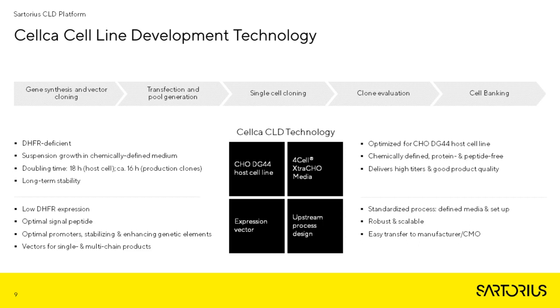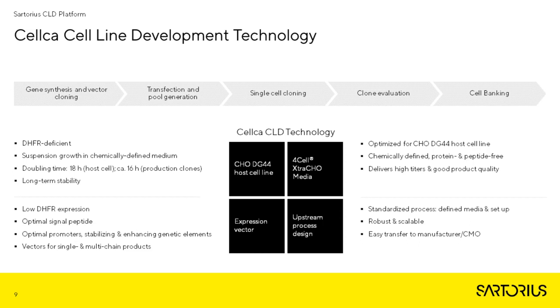And in Sartorius, we believe that an efficient cell line development platform relies on 4 major pillars: the host cell line itself, so CHO DG44, our host cell line, the media, the upstream process design, and also the expression vector. So with Sartorius, our clients have a very reliable CHO DG44 host cell line. So it, as we all know, is DHFR deficient. It is adapted to suspension growth in chemically defined medium. It has a fairly low doubling time. The host cell itself has a doubling time of about 18 hours, and the production clones have a doubling time